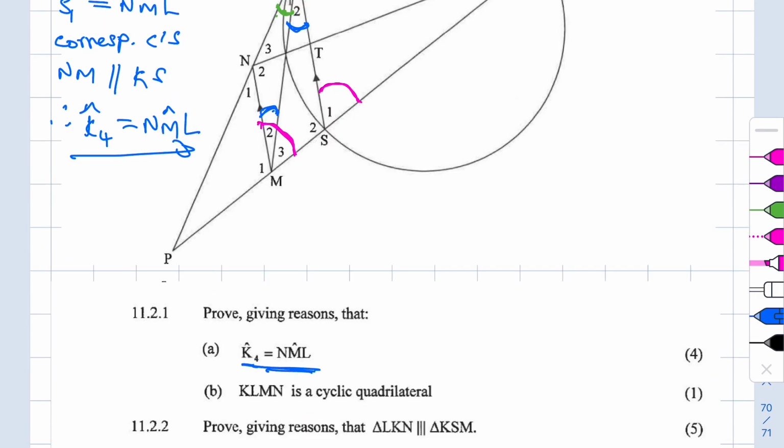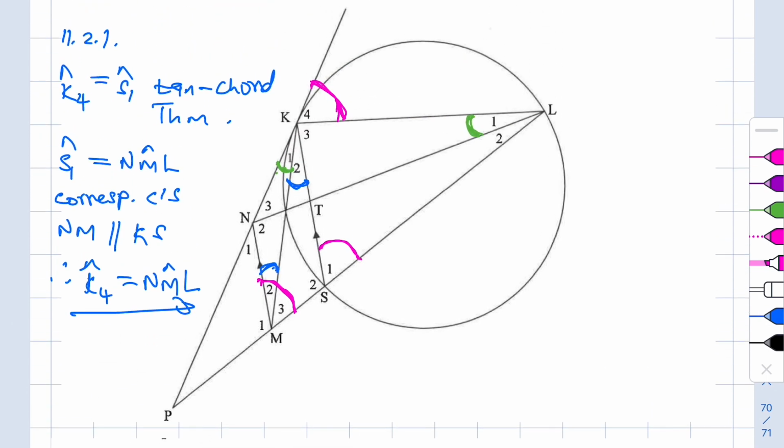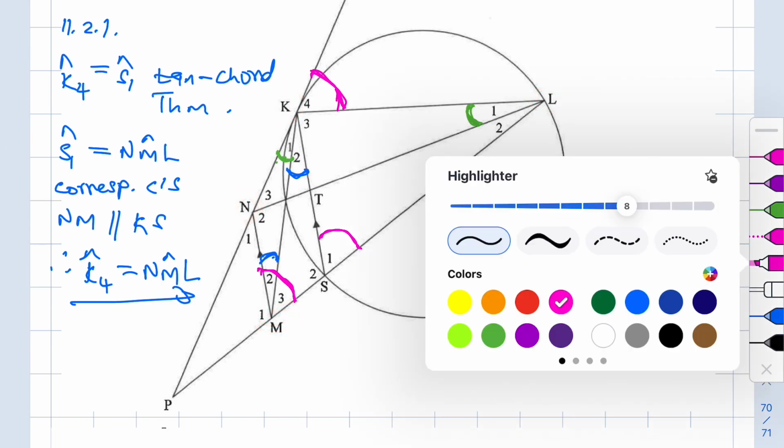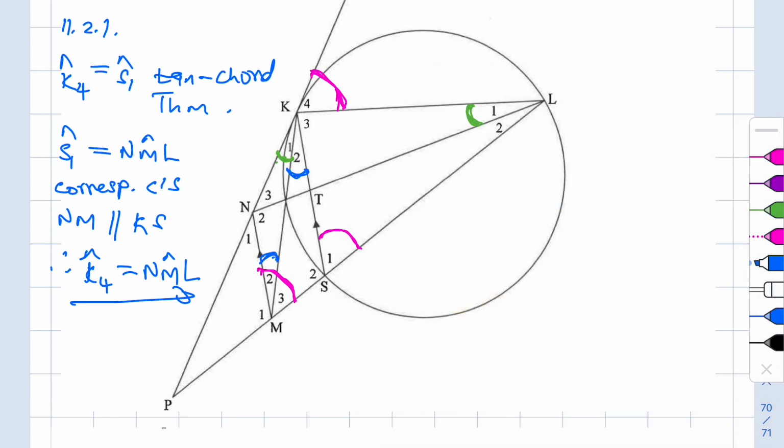The next question is asking us to prove that KLMN is a cyclic quad. So KLMN is a cyclic quad. Okay. So let's try and highlight this shape. Let me do a dotted line here. Let's highlight the shape. So it's K. So we're trying to prove that it's a cyclic quad. And we have already proved that,